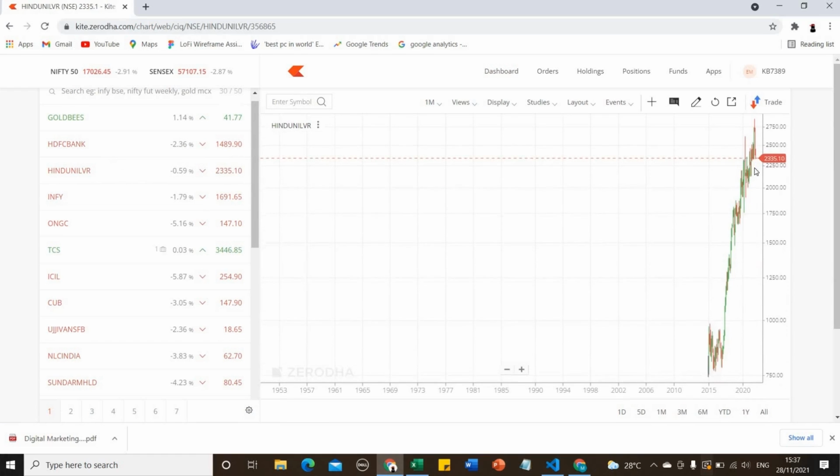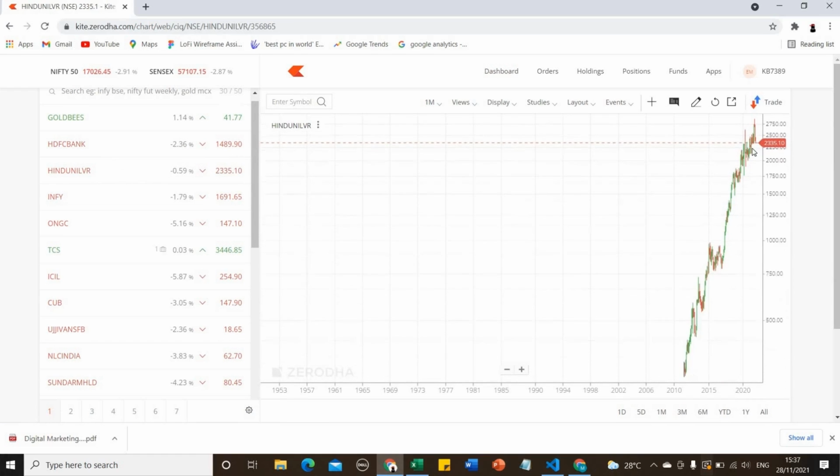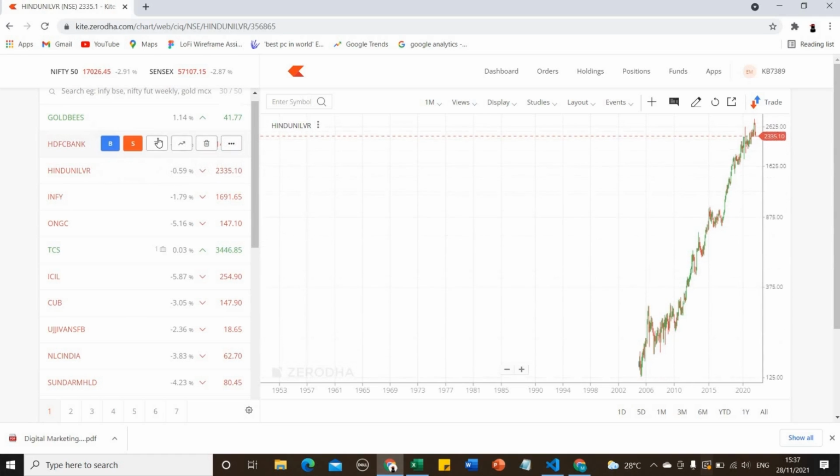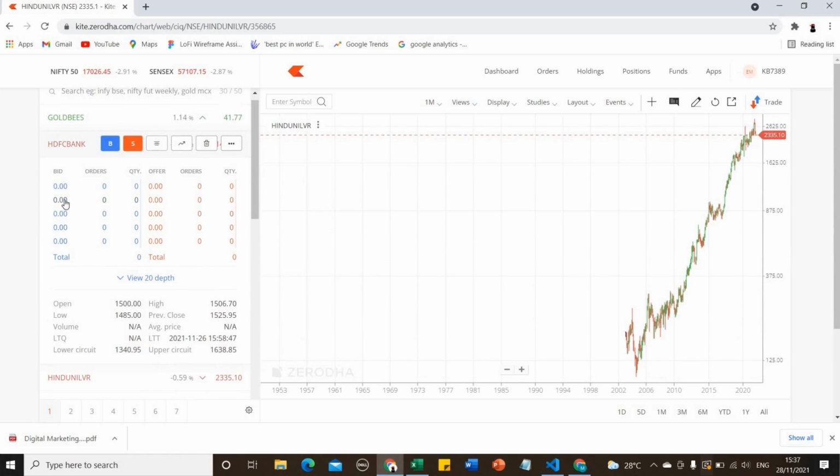It shows the ups and downs of HDFC, and this is the market depth, the bid column, the blue column. Today the market is closed, so that's why there is no value. If the market is open, it shows values and some offers. This is bid, like bidding the value, and this is offer. On the opposite side, they offer some value, and the bid column is like you are bidding.